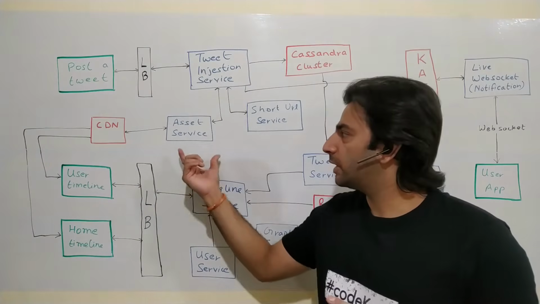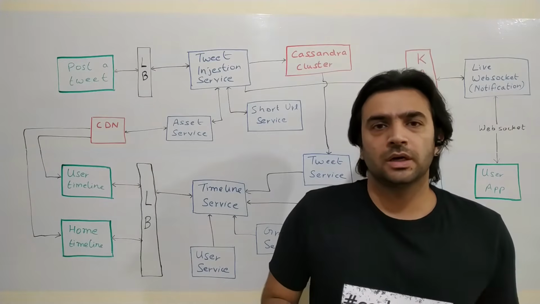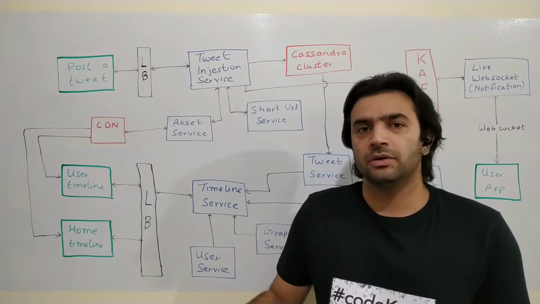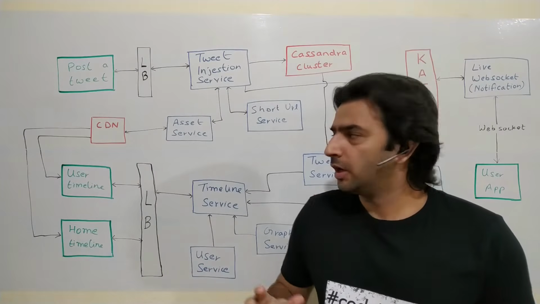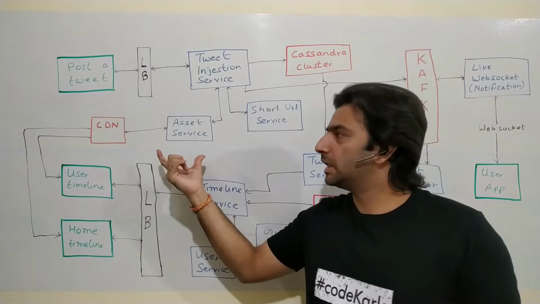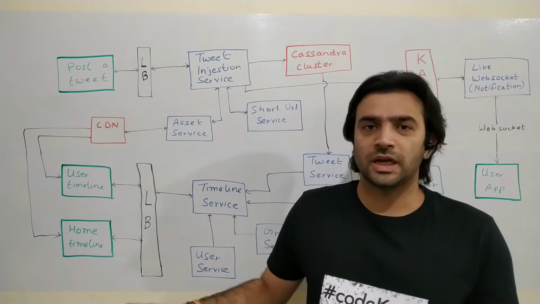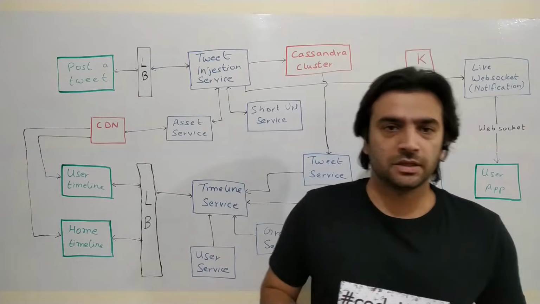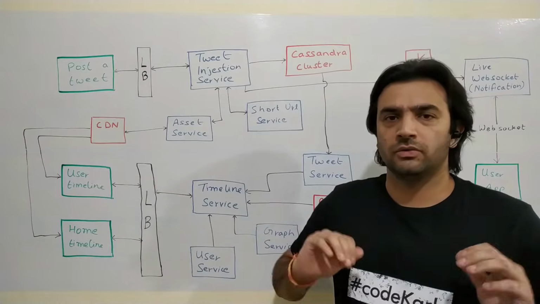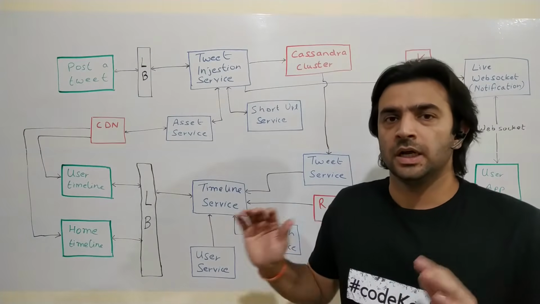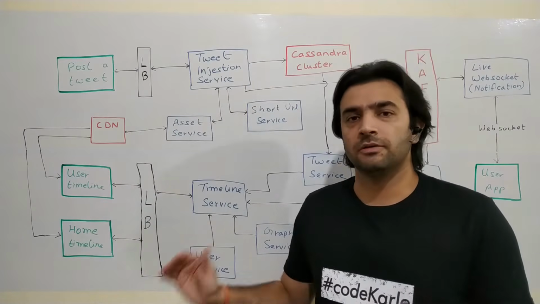Okay, if you want to get into details of how the asset service is built, I've already made a video on the design of Netflix and Amazon Prime, basically a video hosting platform. So the asset service is basically our video hosting platform here. I would recommend watching that video instead of going over the nitty-gritties here. But assuming we have a platform which takes care of all the images and videos, now we are just left with a tweet which can have text and a couple of links.